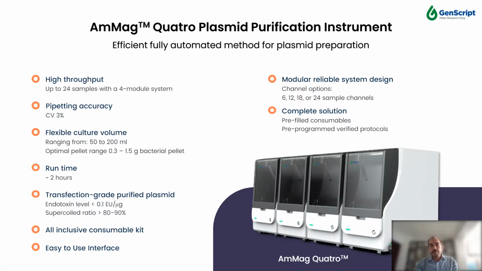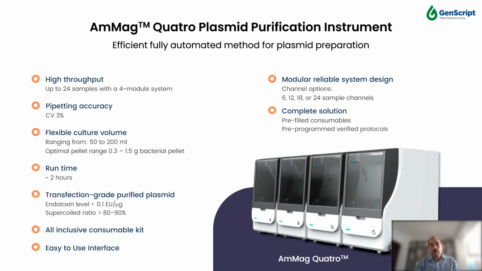It has very high pipetting accuracy. It has flexible cell culture volume. It can purify somewhere from a few hundred micrograms to multiple milligrams of plasmid per each sample. The run takes only 2 hours, and we deliver essentially transfection-grade plasmid with very low endotoxin levels, a very high